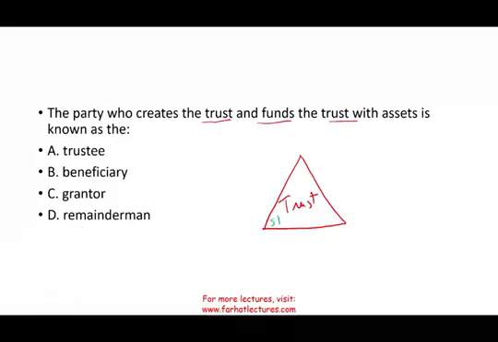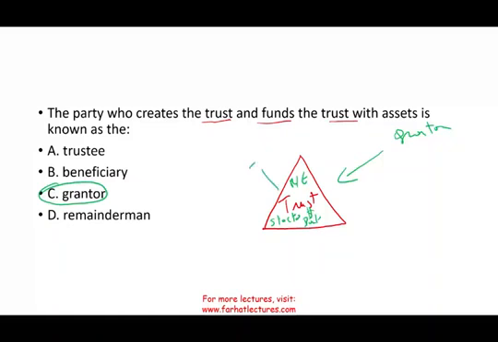They put in the trust stocks, money, bonds, real estate, gold. They can put anything in this trust. Who creates this trust? Well, someone creates this trust. That someone is called the grantor. So this is the answer, the grantor. The grantor transfers money, assets, resources, bonds, and stocks to the trust from their personal account, and they create this legal entity called the trust. Now, why do they do so? Because they do this for a purpose. They want this money to be given to their kids for college use.